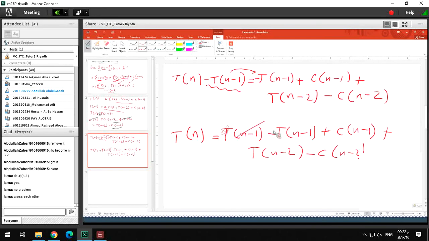So this one and this one will be removed. So in total Tn equals Cn minus 1 plus Tn minus 2 minus